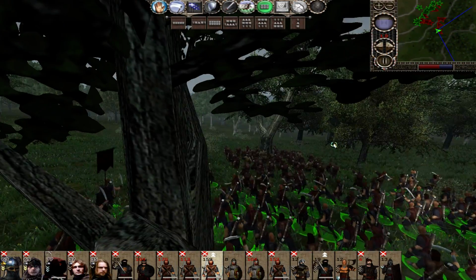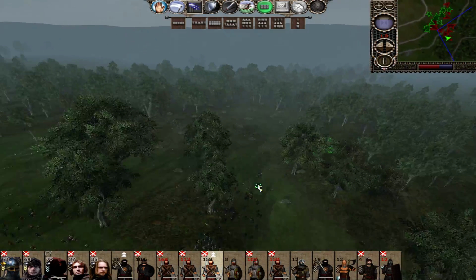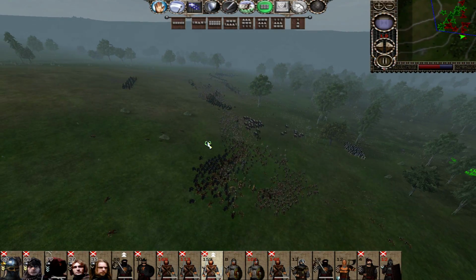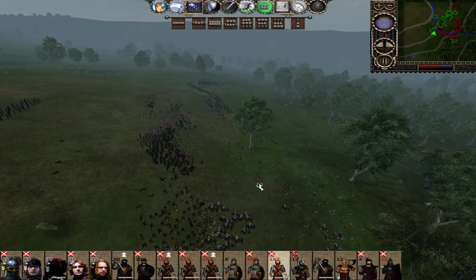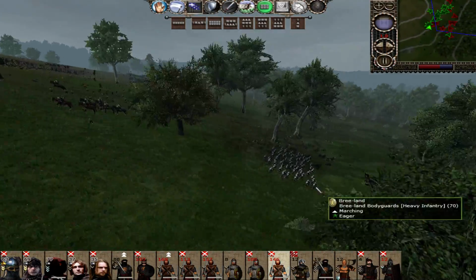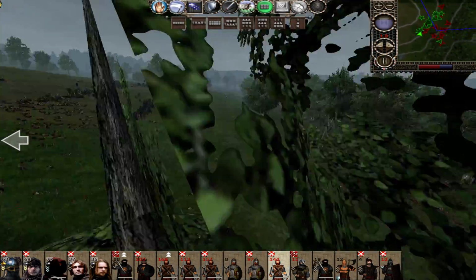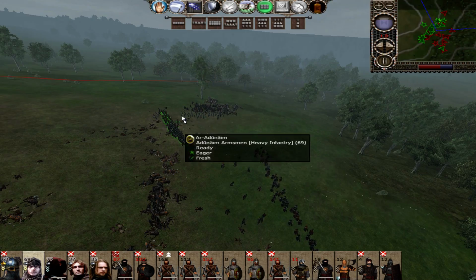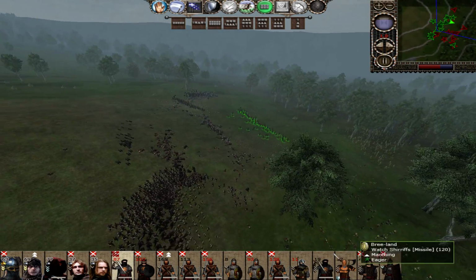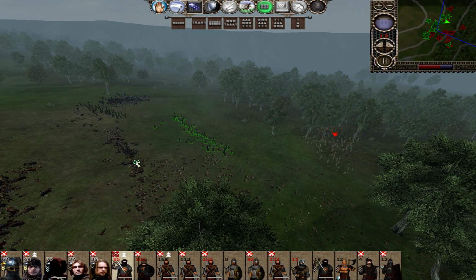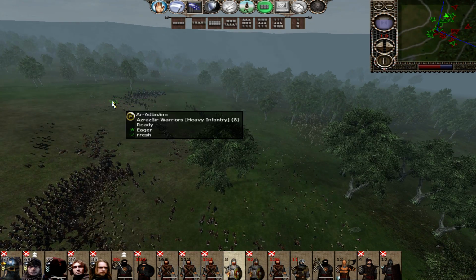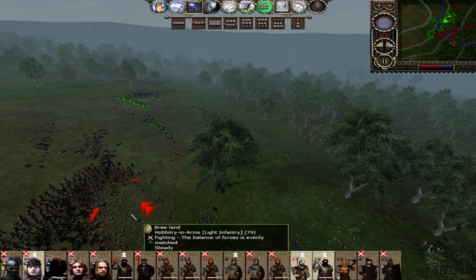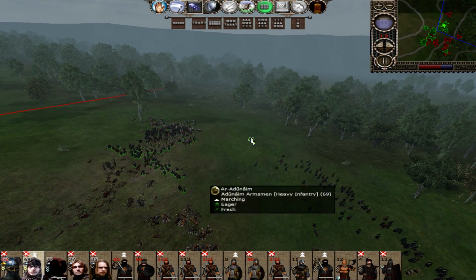And there we go. Oh, the ballista crew have abandoned the ballista. I wonder if they ran out of... no, they surely haven't run out of bolts yet. What we need here, of course, is for Ernie to die, and then Bree's morale is very, very low. And if Ernie goes down, it's basically over. So, unfortunately, Ernie is quite a way away. I don't think we're going to catch up to him.